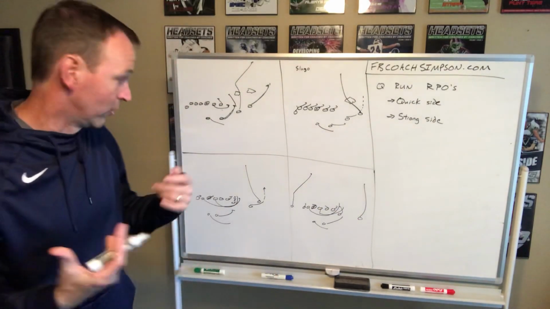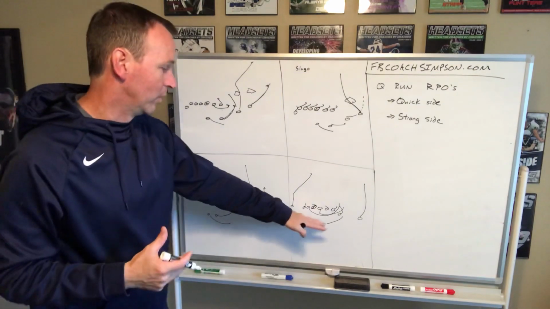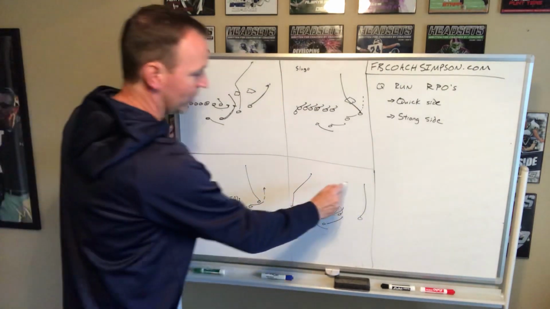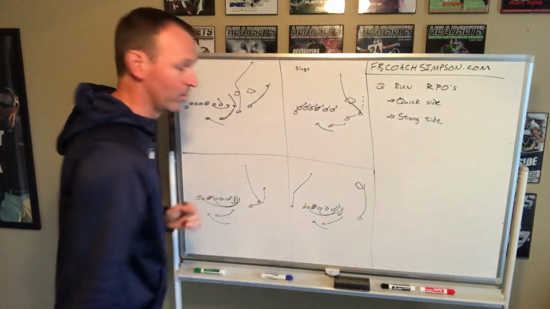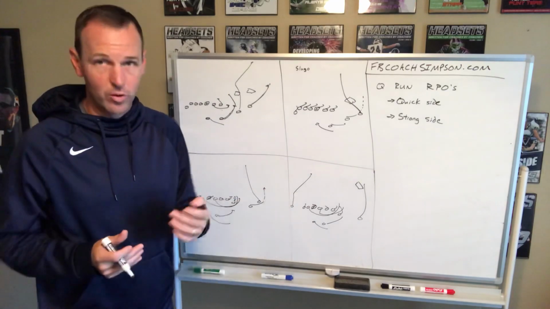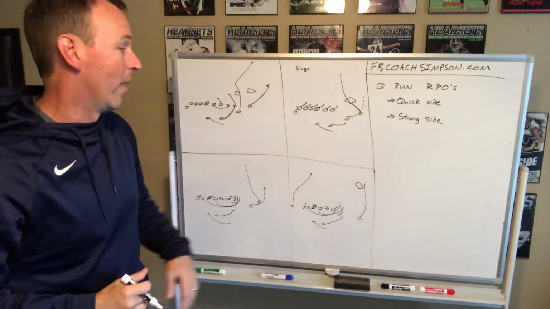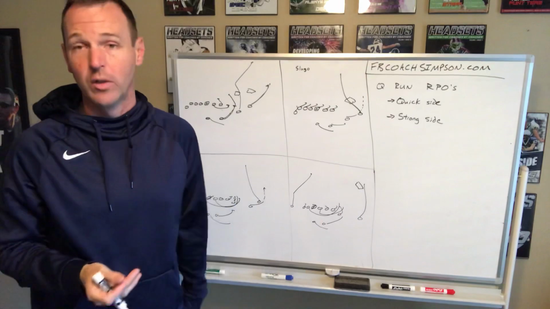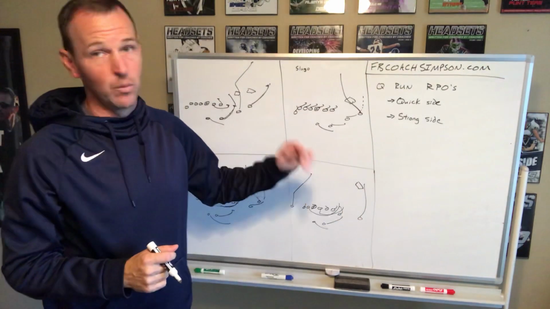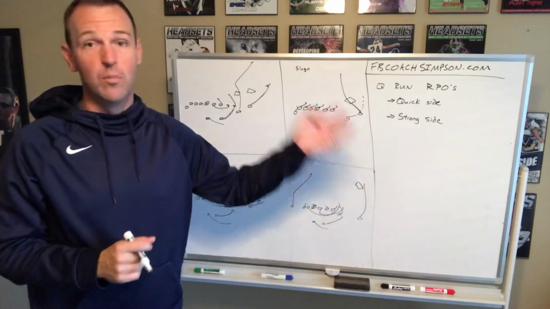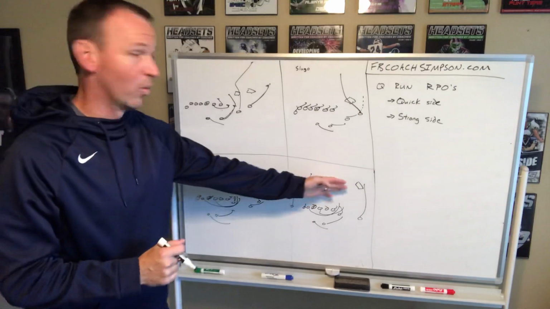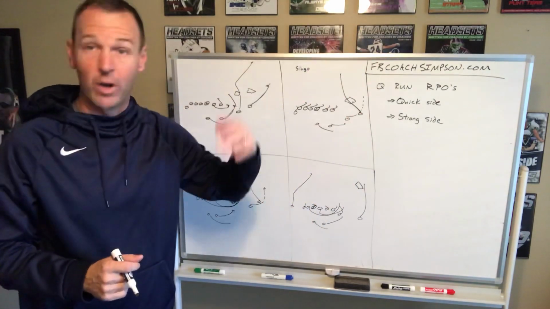We also have some strong side QB run RPOs. Again, our quarterback is a runner, and so one of our plays we go, we'll have a pin and pull type action, okay? And then we are truly going to read the corner, which is a third level defender. As we're running out there, at any point, if the corner jumps, we can throw that go route, which if you hit that route, it's a touchdown. We've hit it twice, been a touchdown both times. But a lot of times we haven't seen it, and we've just run QB sweep essentially, and he's got 10, 12, 15 yards because the corner's either gone deep enough to where now we're not going to throw it,